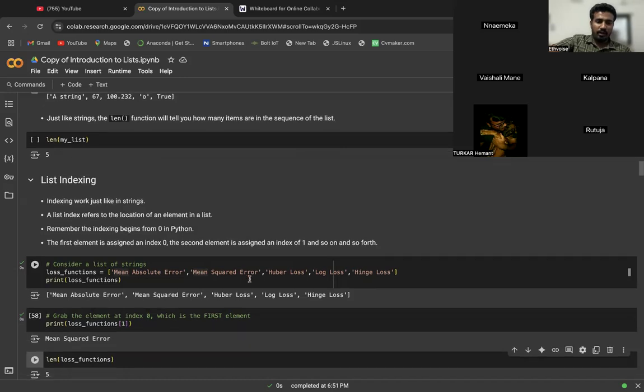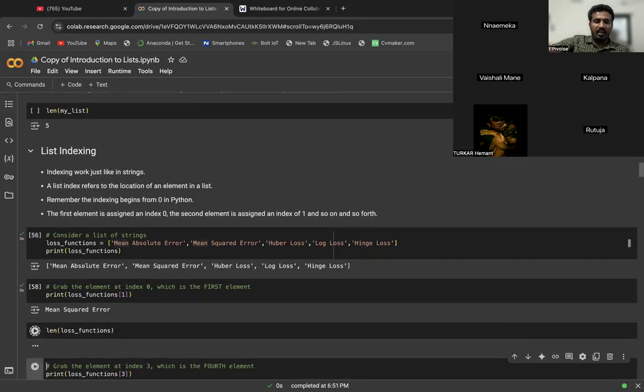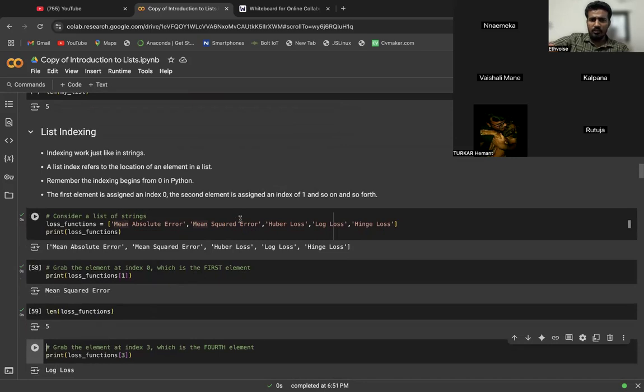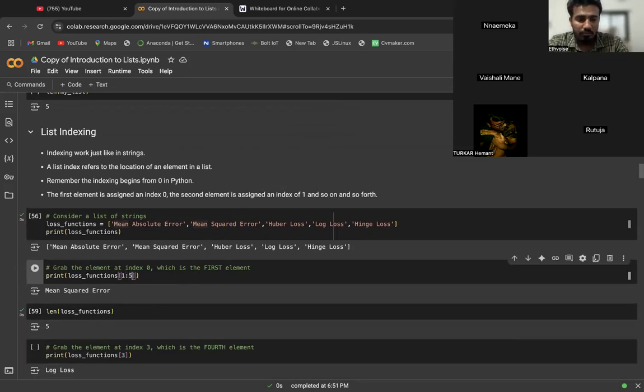Mean squared error, right? At the same time, now we can create the length function, that is also there. Total length is 5. Okay, very easy. Now, similarly, indexing and slicing is exactly same. Let's suppose now if I try to do, let's say 1, 2, let's say 2, or let's say 5, we'll